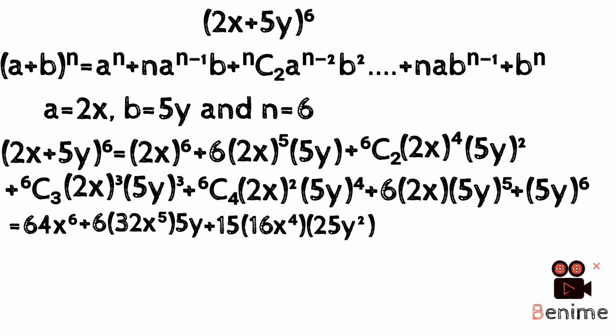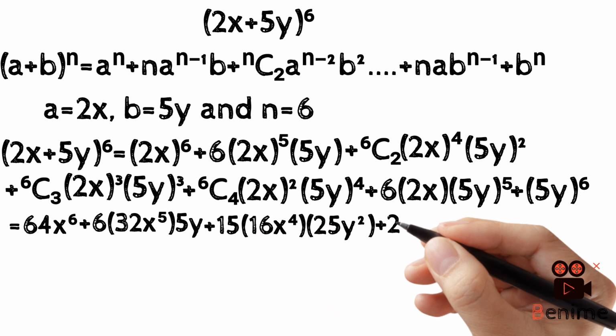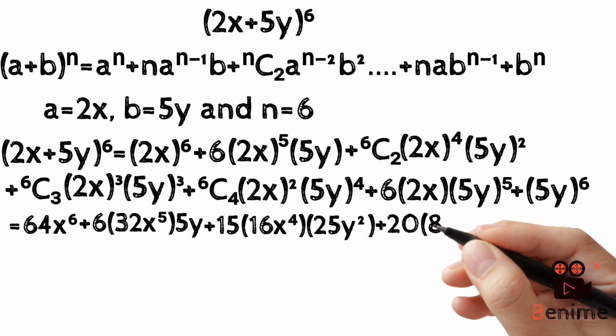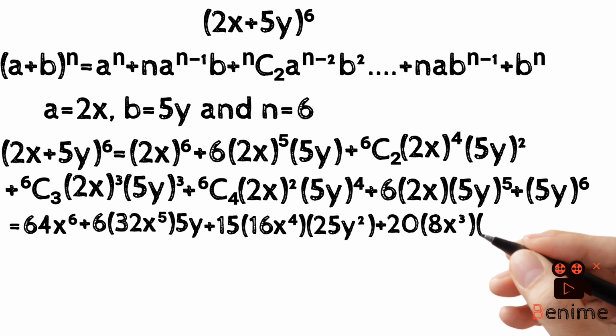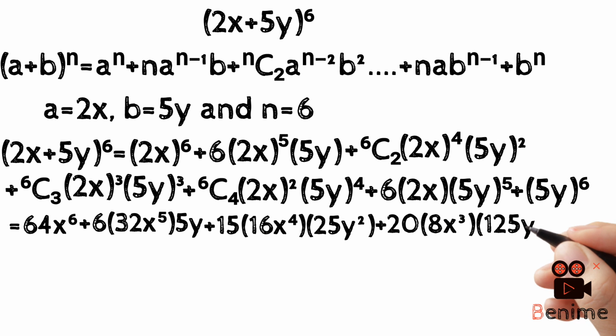Next term has 6 combination 3 as the coefficient. 6 combination 3 in your calculator is 20. So then the 2x raised to the power of 3. 2 raised to the power of 3 itself is 8. So that's 8x raised to the power of 3. Then 5y raised to the power of 3. 5 raised to the power of 3, that is 5 times 5 times 5. 5 times 5 is 25. 25 times 5 is 125. So that's 125y raised to the power of 3. So this term now is 20 into bracket 8x raised to the power of 3, 125y raised to the power of 3 plus